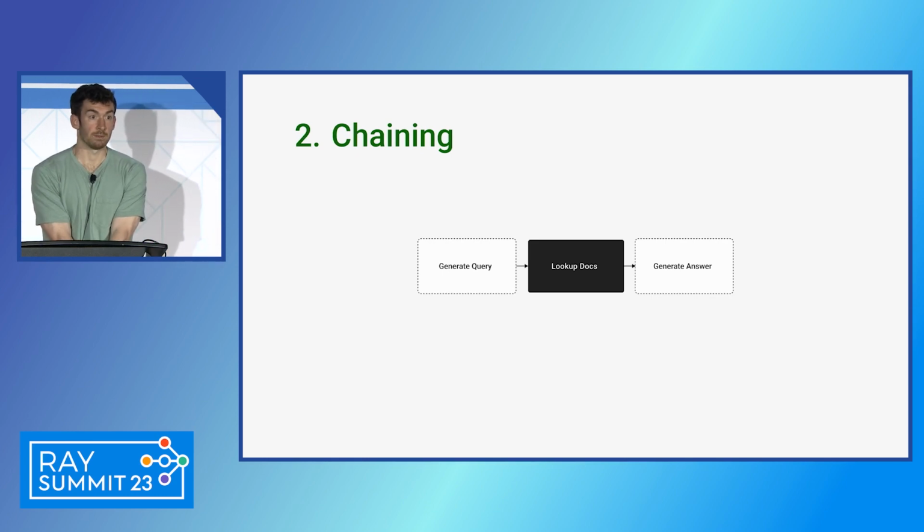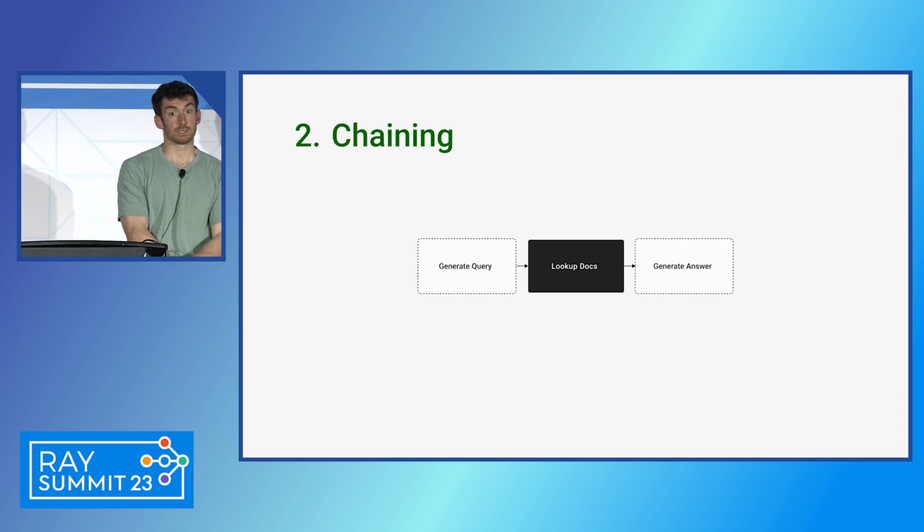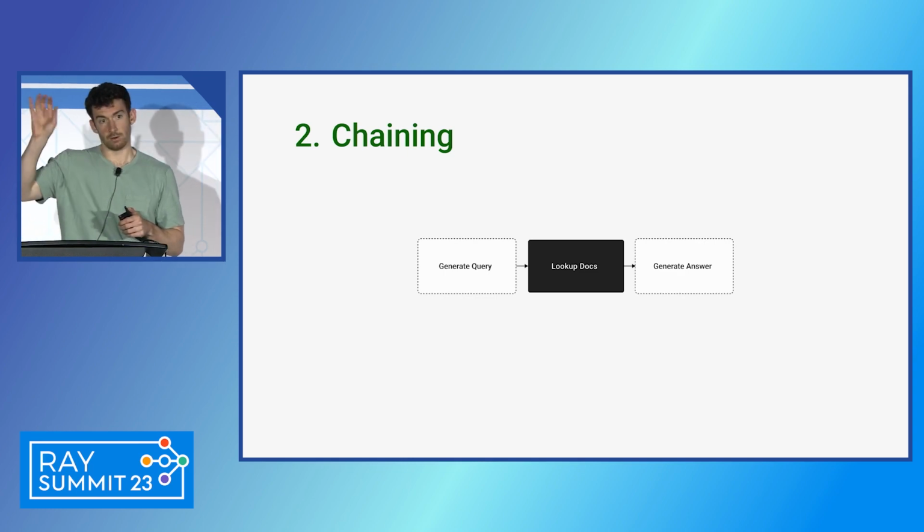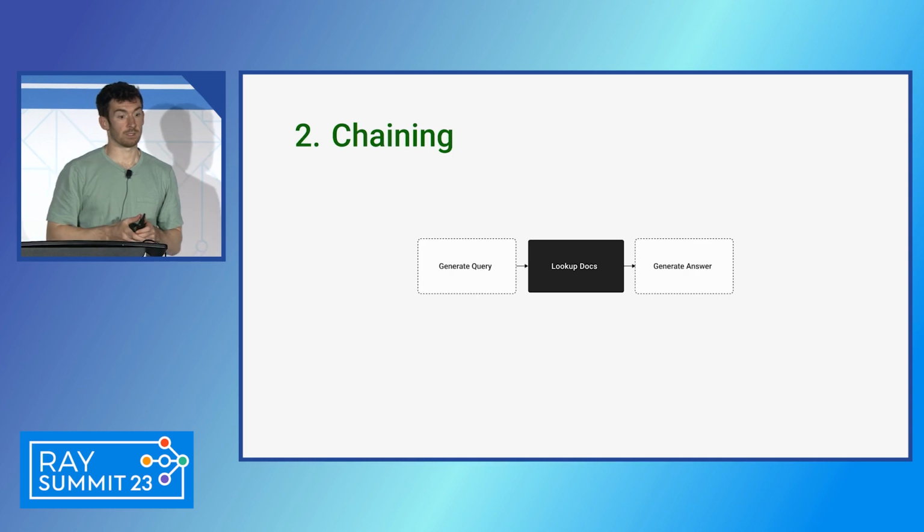The next reasoning step up is what we call kind of like chaining. And so this is combining multiple LLM calls or a call with an LLM and then some other kind of like tool or function and then another LLM in some sort of sequence.